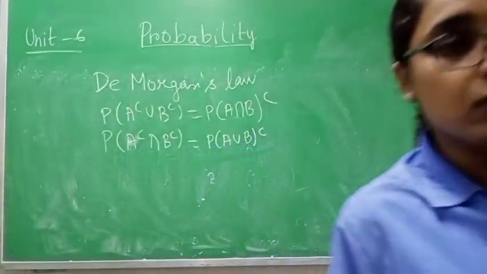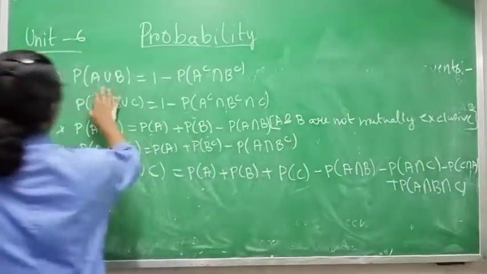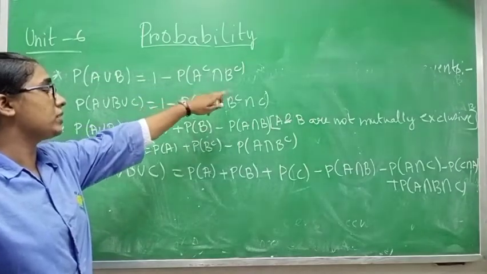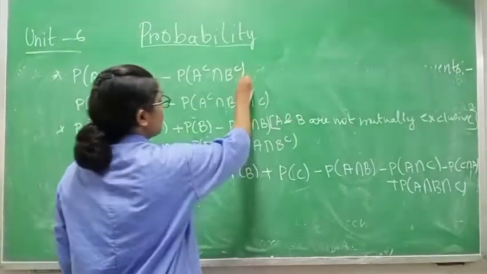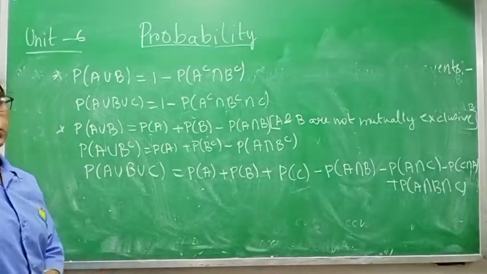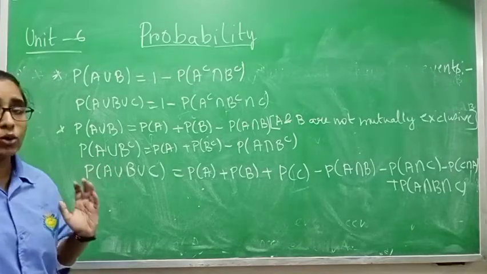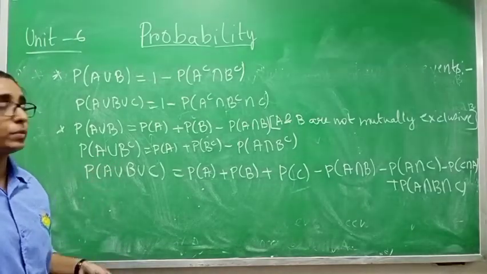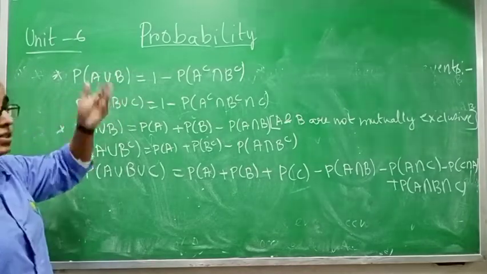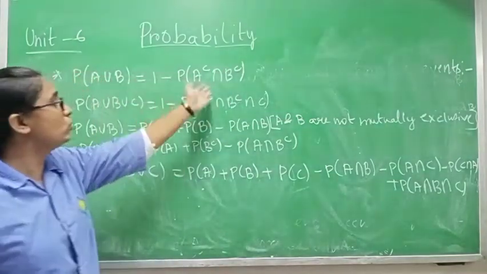Okay, copy this one. Class 12, see this one. Probability of A union B equals 1 minus probability of A complement intersection B complement. Please class 12, learn all these formulas, because derivation is not so important. Only questions based on the formulas will come. You must know how to apply the formula, which formula you have to apply. If a question comes, A union B is given to you and they ask A complement intersection B complement, then you can use this formula.